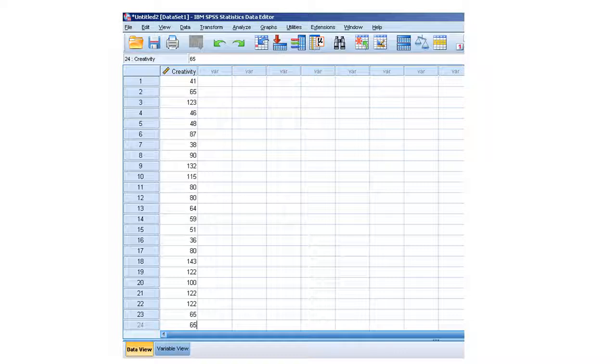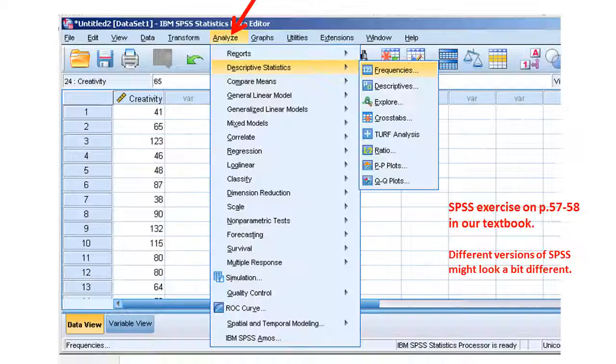There are 20 numbers in the table 3.11, and I added 4 more numbers to make my dataset slightly different than the one from the textbook, because I don't want to copy the exact dataset. I want my graphs and my histograms, whatever output I get, to look a little bit different from the textbook. After you enter all your dataset,